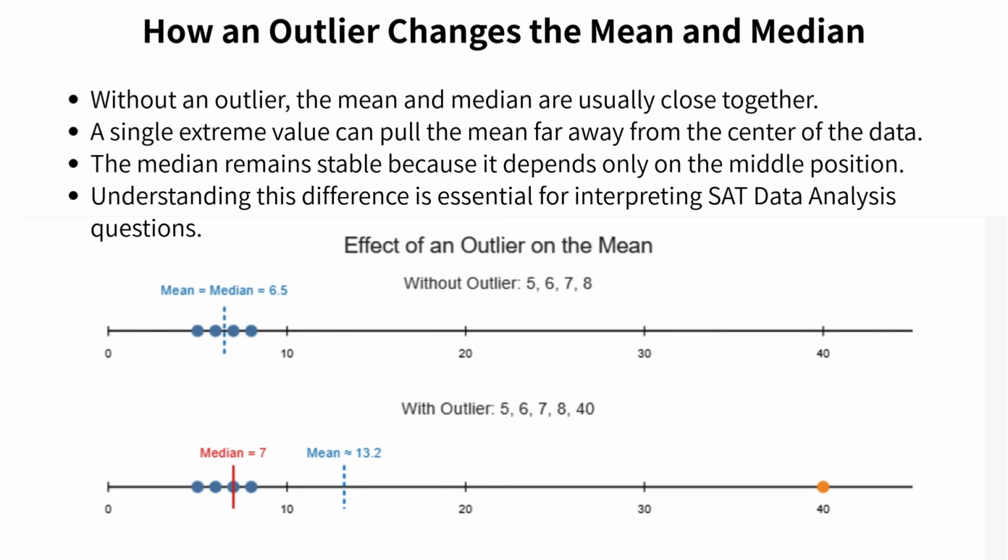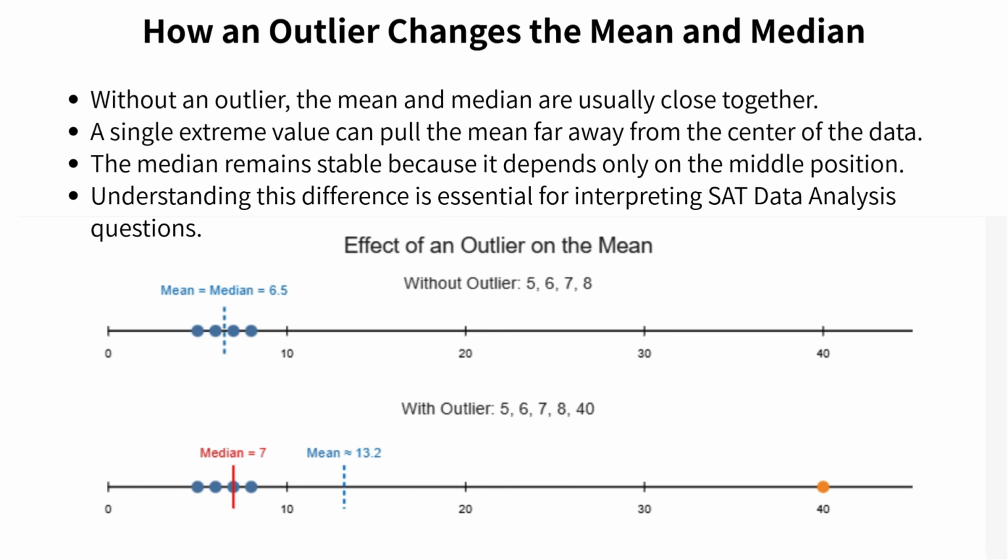Now look at the lower dot plot. We take the same 4 values, 5, 6, 7, and 8, but this time we add one extreme value, 40. This single outlier sits far to the right, and it heavily influences the mean because the mean uses every number in the dataset. As a result, the mean jumps all the way to about 13, even though most of the values are still clustered near 6 or 7. The median, however, hardly changes. It moves from 6.5 to 7, because it depends only on the middle value or middle pair of values, not